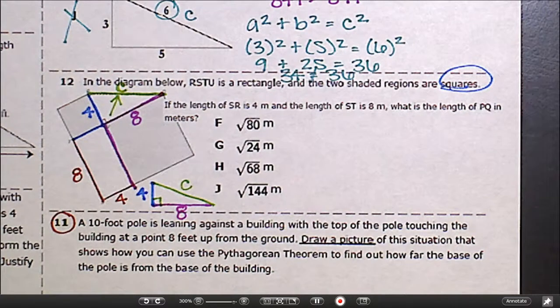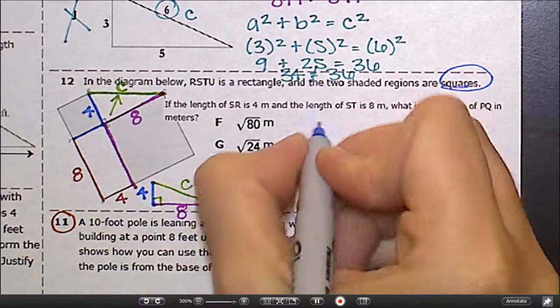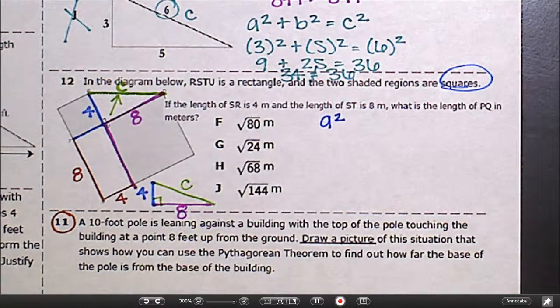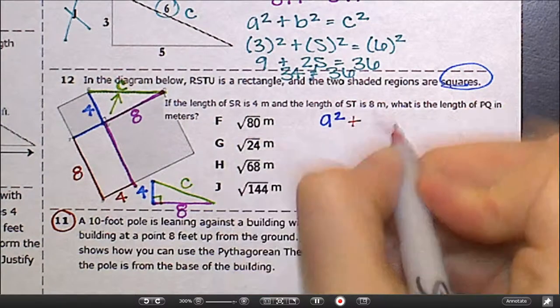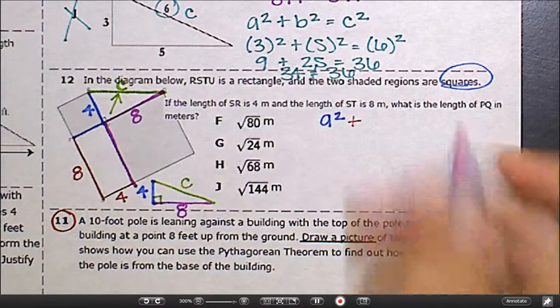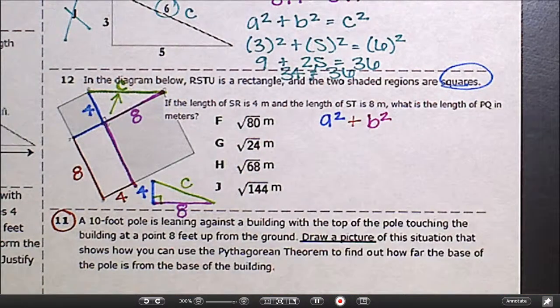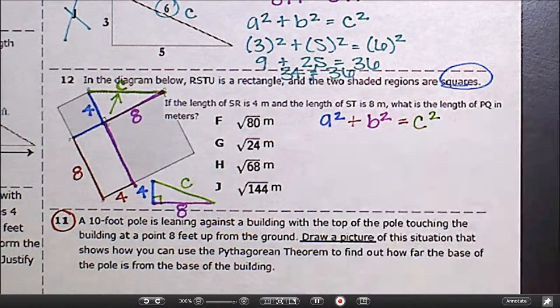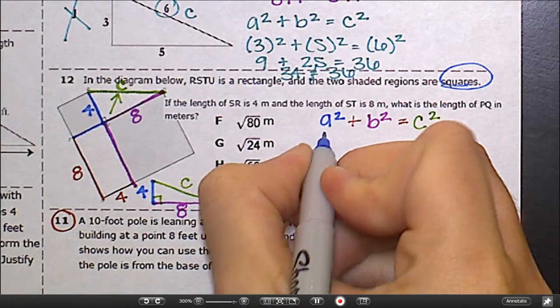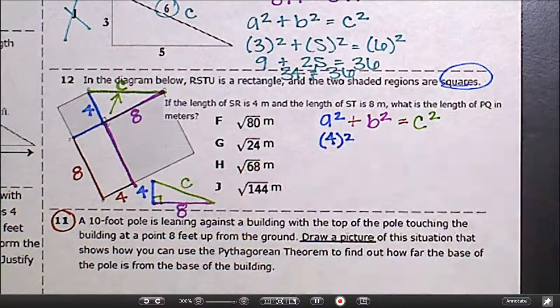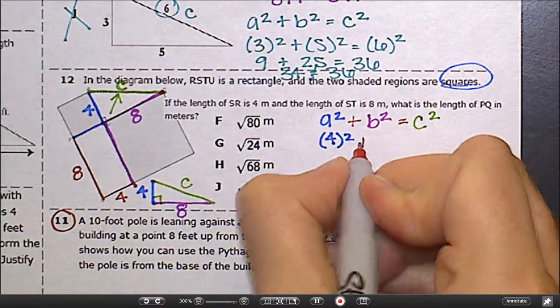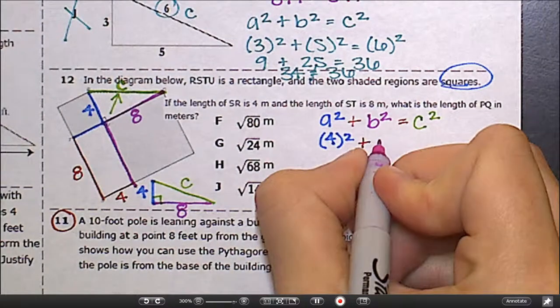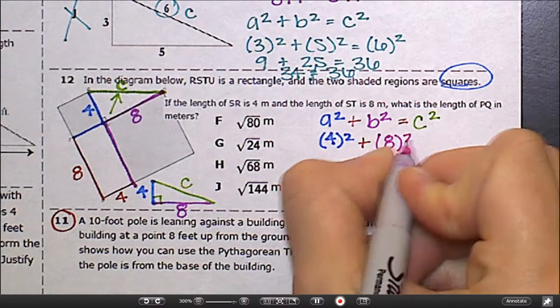So let's start with our formula. A squared plus B squared equals C squared. Then we plug in what we know. So let's use 4 for A, 4 squared, plus 8 for B, so 8 squared,